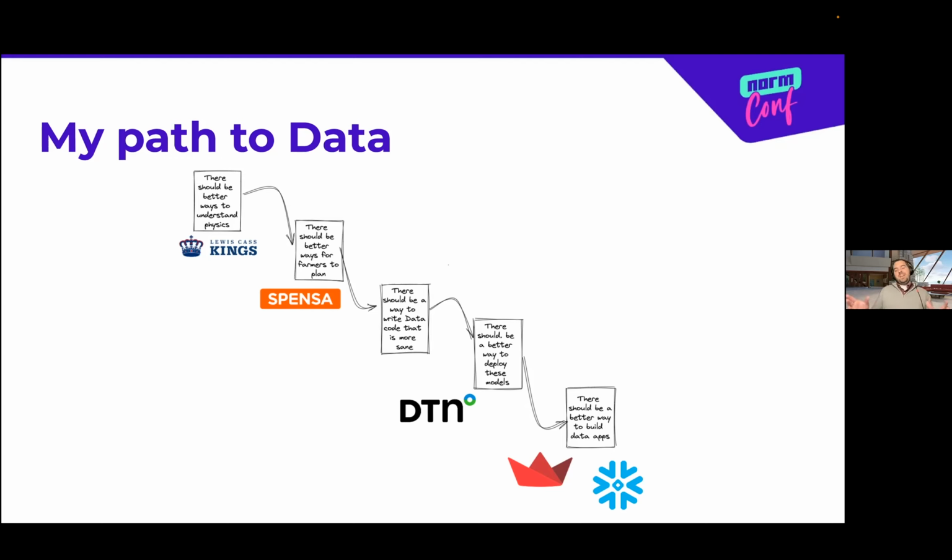And one of the themes that I've noticed throughout my career as I've grown and as I've transitioned is realizing this doesn't seem like it's working great. There's got to be a better way. Even when I started teaching physics, I realized I went in not understanding a lot of fundamental things, even with a physics degree, and so I wanted to do better for my students than I had experienced. And a lot of that shifted into the last few years. I want to build better tools for data related stuff.